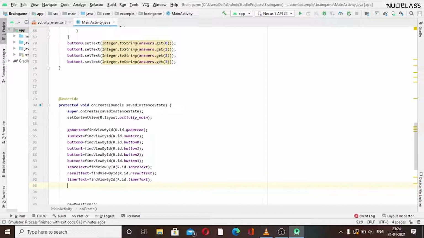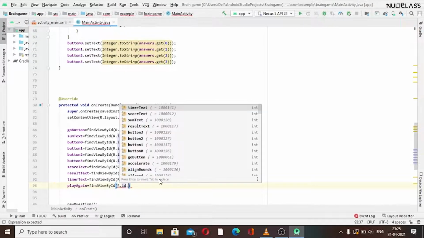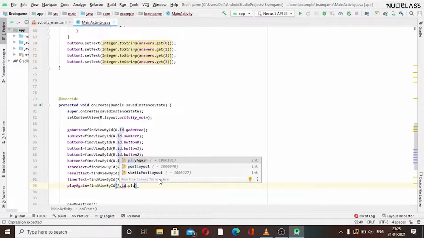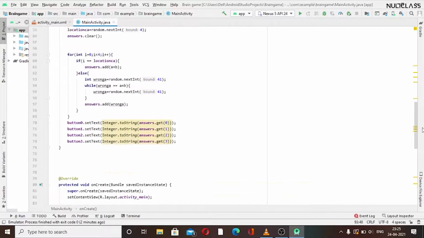We will use playAgain is equal to findViewById, R.id, and here we have to pass our play again button. So done with this. Now we can use this play again button anywhere.